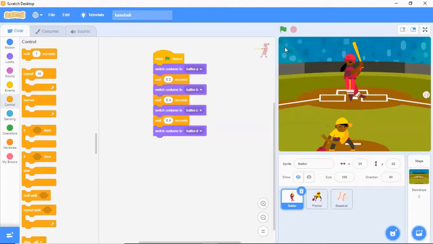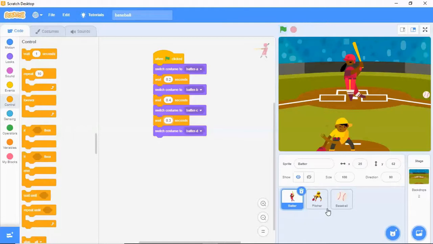Still there is a delay. So what we will do, we'll just watch it 2-3 times and then adjust the wait time. I'll make it. Let's see. Yeah, still there is a delay. So I need to adjust the wait time.